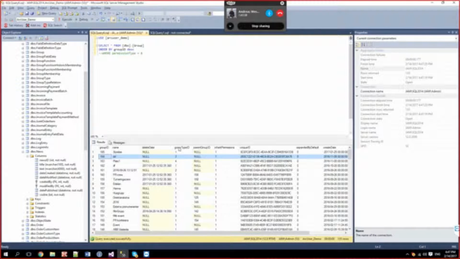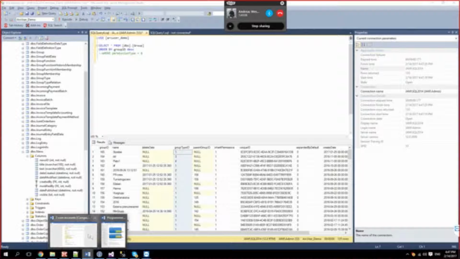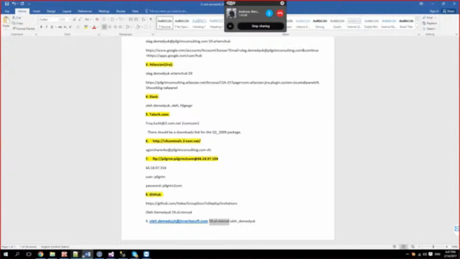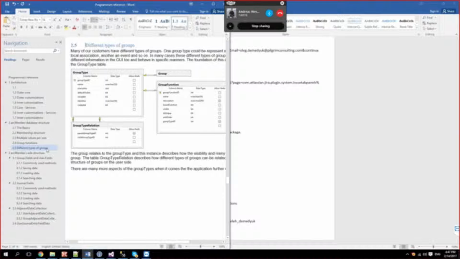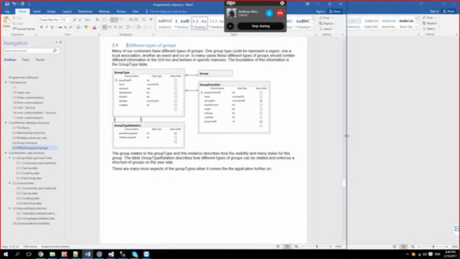And now have a look at this column as well. We have this group type ID. I don't know if I came that far when it came to the documentation. Oh, sorry, that's the wrong one. This section describes the group types. Okay.